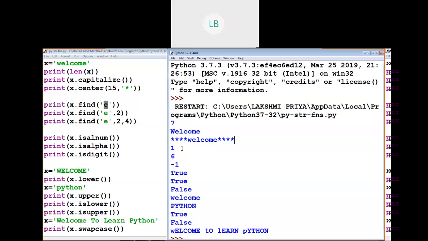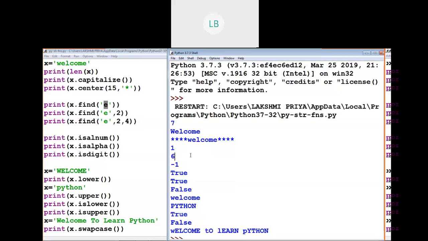x dot find of e is the substring. That function will give the index value of the first occurrence. So the index of e is 1. In the next print statement, find e comma 2.